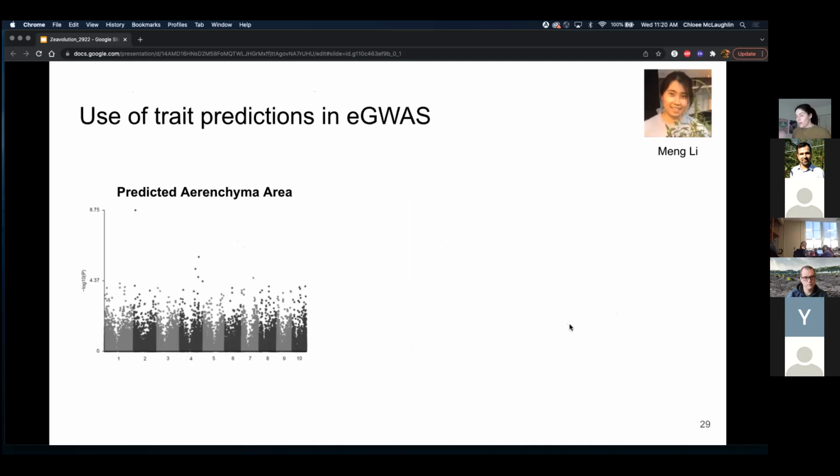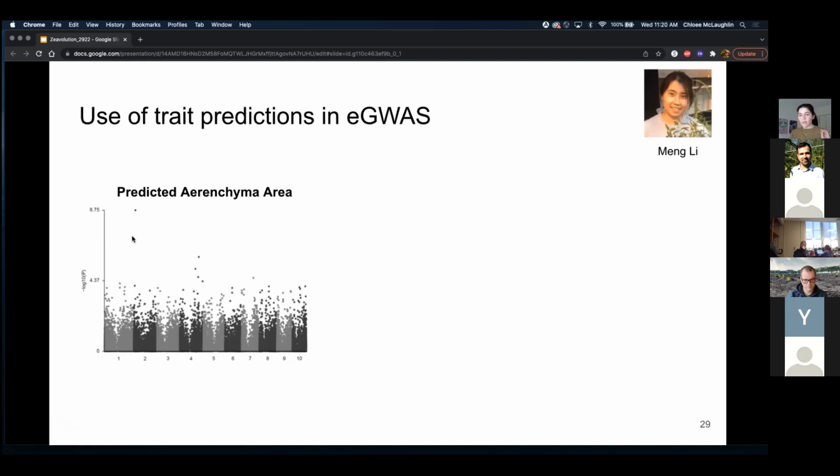And then using these trait predictions, since I mentioned earlier, this panel of about 2,000 landraces had genotypes, we can use those trait predictions, which are almost thought of as like a composite environmental score, and genotypic information to identify enriched genetic regions that may be associated with that predicted trait variation. So importantly, you can see here, whenever we plug in our trait predictions, we get this peak on the